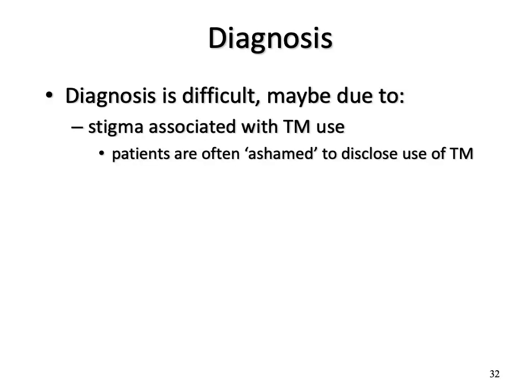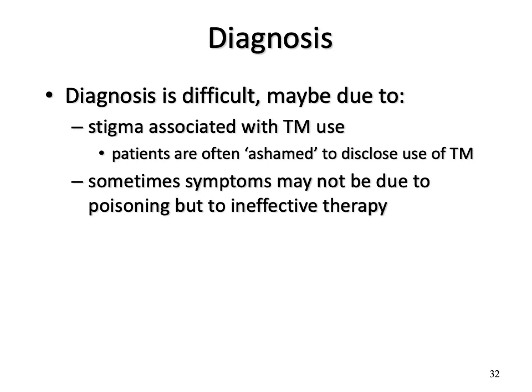So in terms of diagnosis of traditional medicine poisoning, it's quite difficult. And what makes it difficult is that patients, like we said earlier, are often ashamed to disclose the use of traditional medicines because of the stigma associated with traditional medical use, especially in the urban areas of the country. Therefore, sometimes you can actually miss the diagnosis of traditional medicine poisoning and point to something else. And then one thing that you can get is that somebody can come and say that they've taken a traditional medicine,